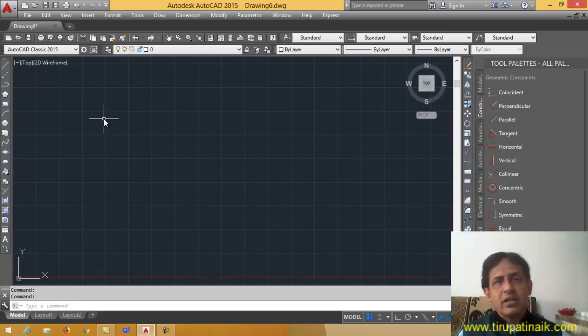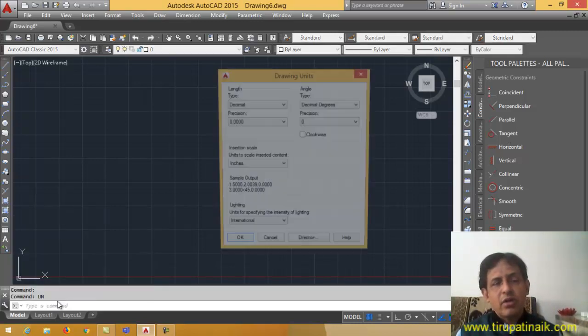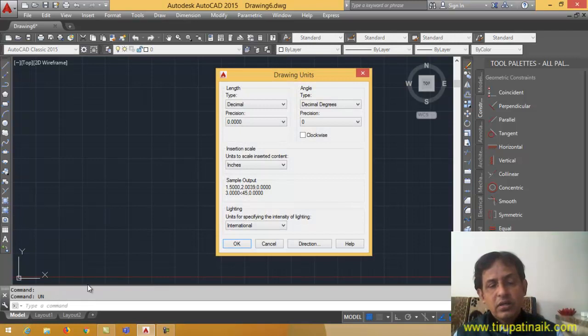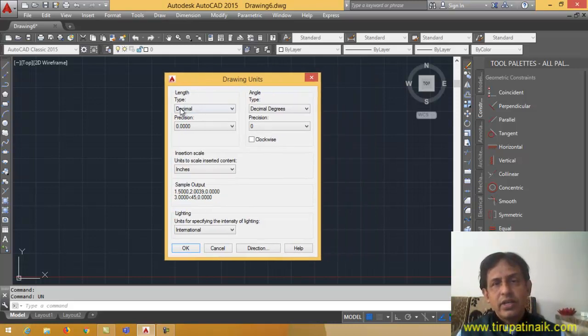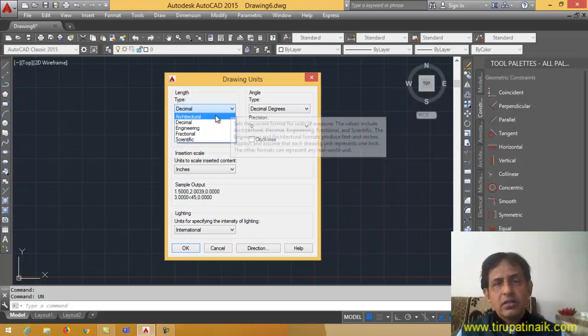So now we're going to start the new file, and we're going to start a new object in this. First we're going to learn how to do the settings. Here in this command prompt you can use units: just type UN, and you will get the units dialog.